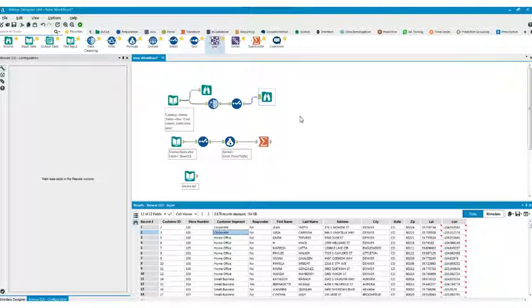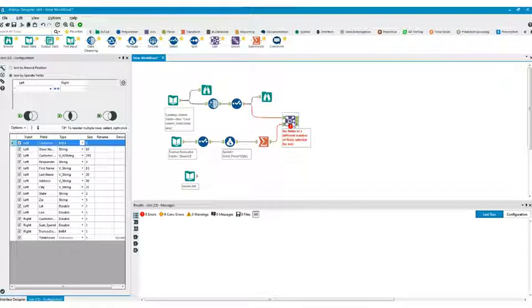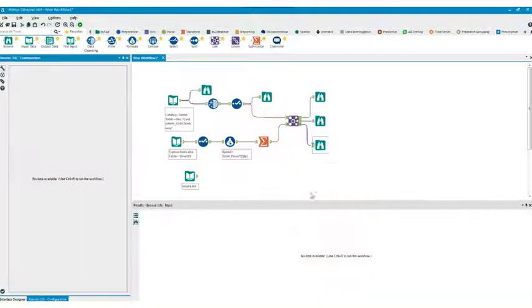When I say blend, it's like saying doing an inner join in SQL or doing a VLOOKUP in Excel. So this tool that I just dropped right here is the equivalent of doing 3 VLOOKUPs at the same time. It's that powerful. So let me go ahead and run this, and you will see how your data is being transformed each step